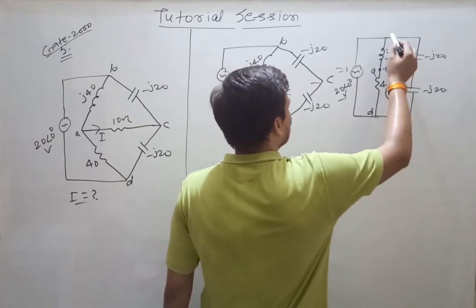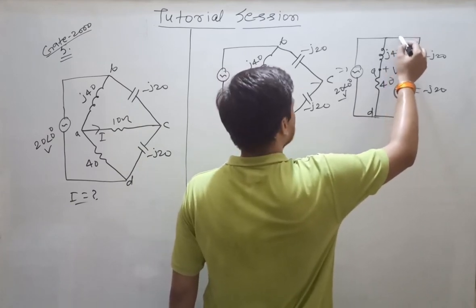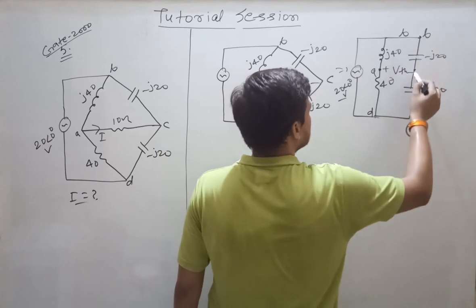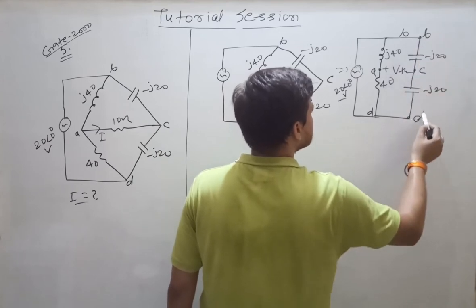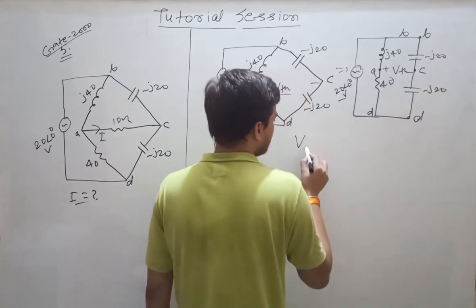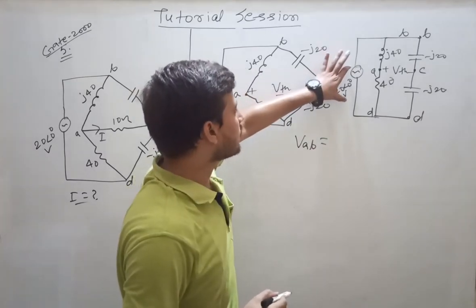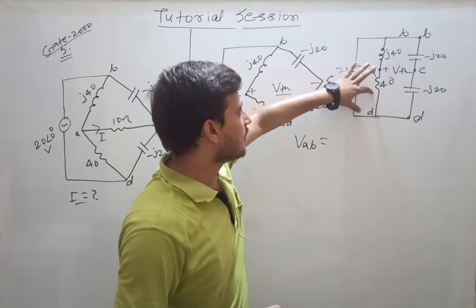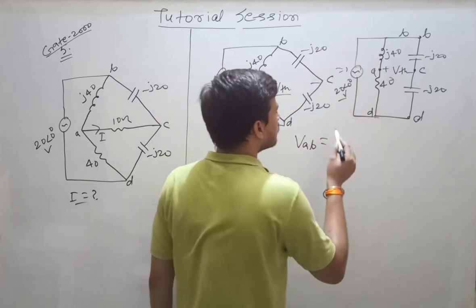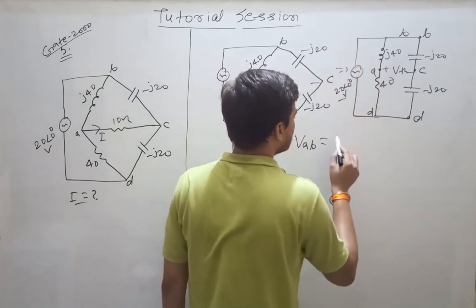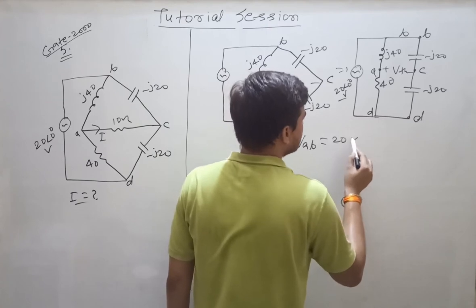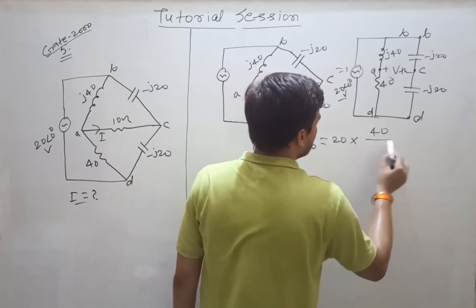This point is B, this point is C, this point is D. If you find VAD, VAD will be equal to what? This voltage is being divided into two elements, so VAD will be equal to 20 into 40 divided by 40 plus